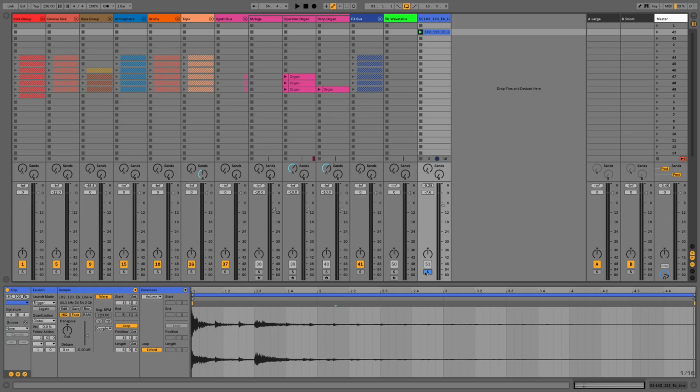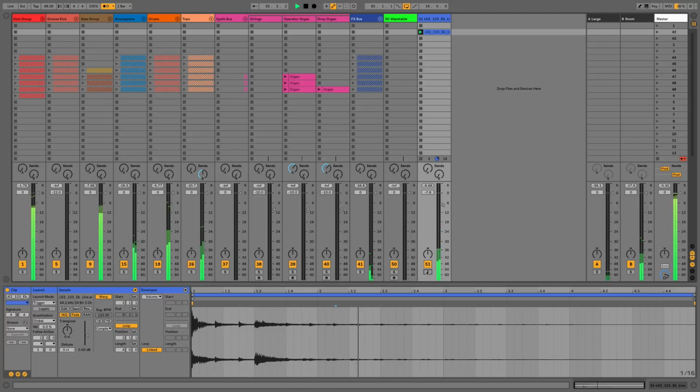Okay, so let's have a look at how the two DAWs handle audio. So here we have Ableton Live. We'll just play this clip. This is in time. And without having to do any extra settings, what we can do is we can warp this as much as we want, and it's always going to stay in time. And we're just changing the project tempo. And this will actually work on the entire project with no extra work or no extra settings to be changed. So let's have a listen.